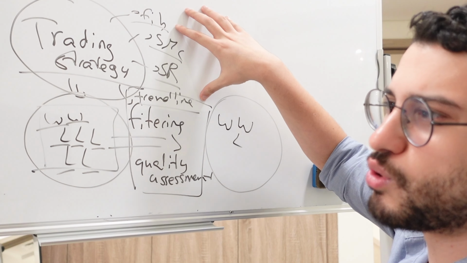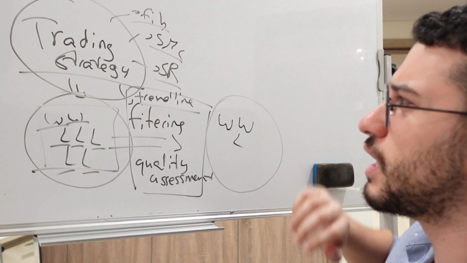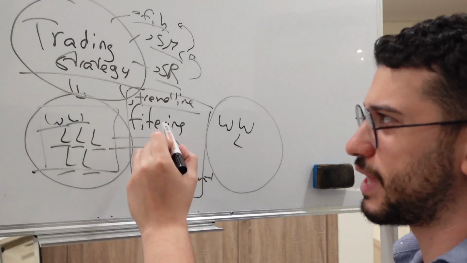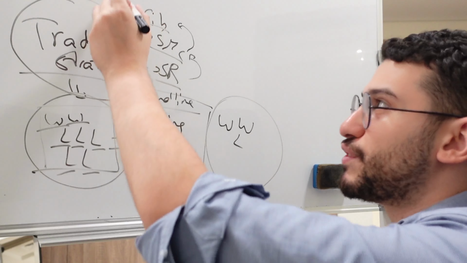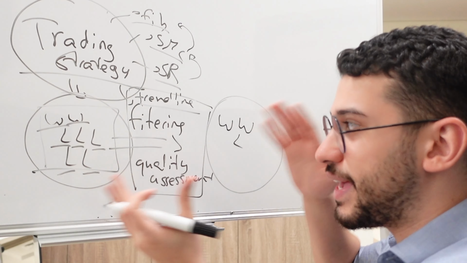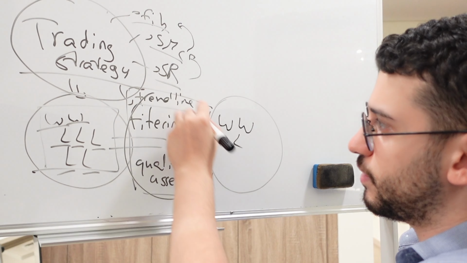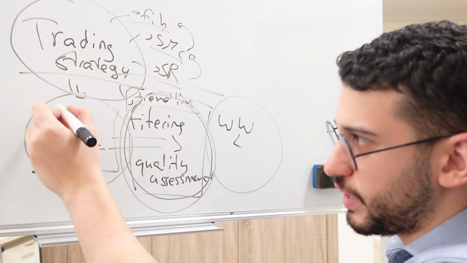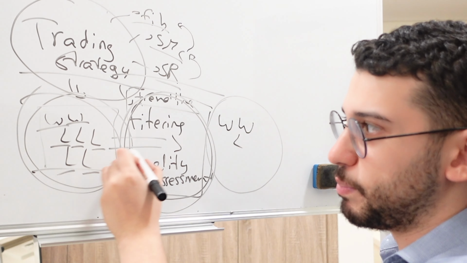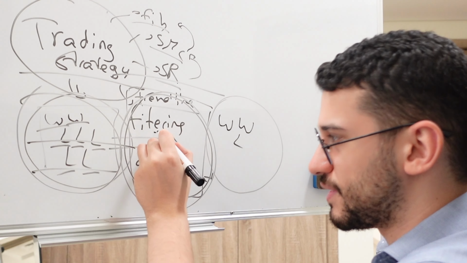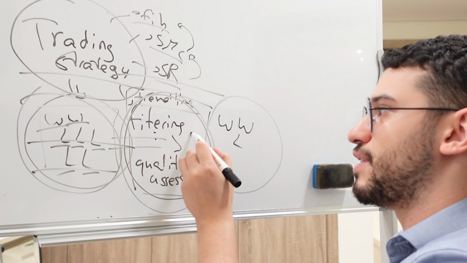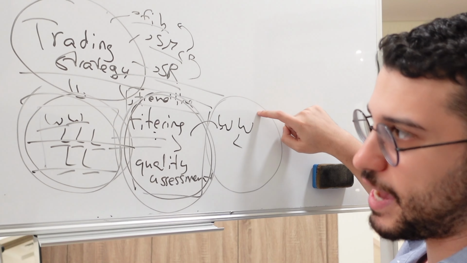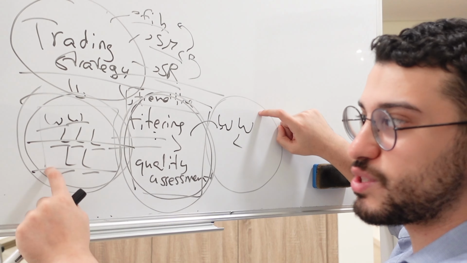You're watching YouTube videos all the time and you're like, okay, let me look for another strategy. Maybe this is more profitable than this, or this is more profitable than this. However, the reality is whatever strategy you choose, all the game is right here, in your filtering system. You choose a support and resistance strategy, you will get a batch of trades, you will be a loser, then you create a filtering system, a quality assessment system, and then that gives you smaller batches of trades, and this batch will be the profitable batch, not this one right here.